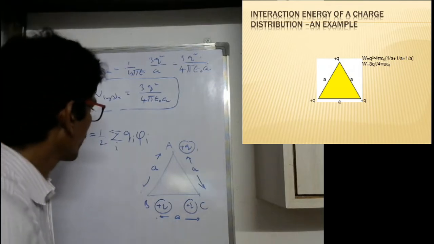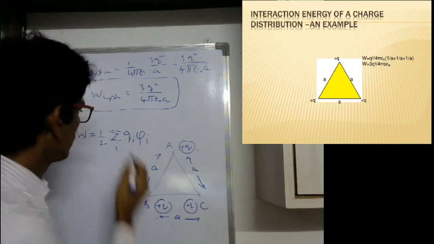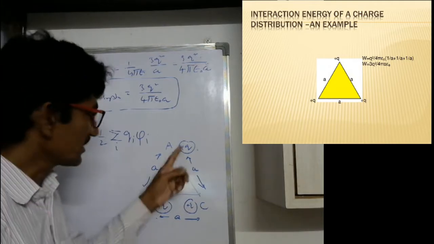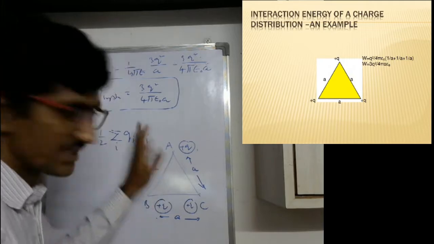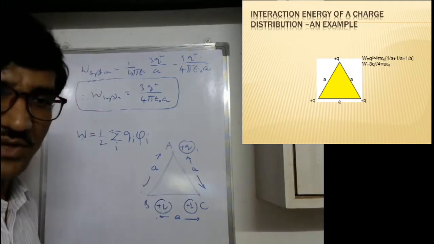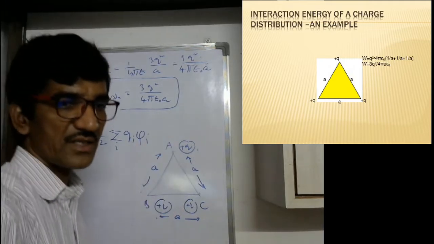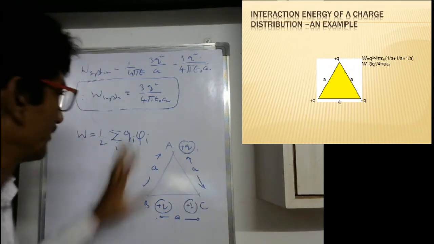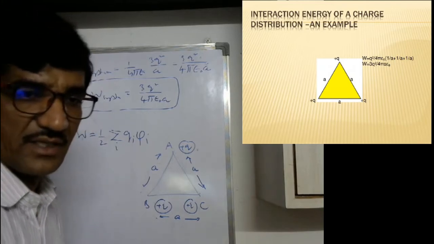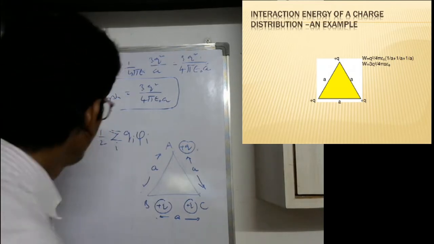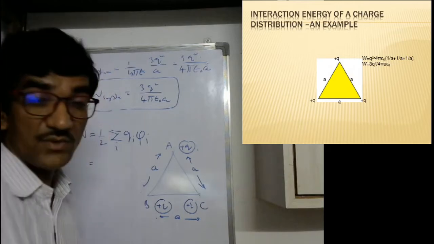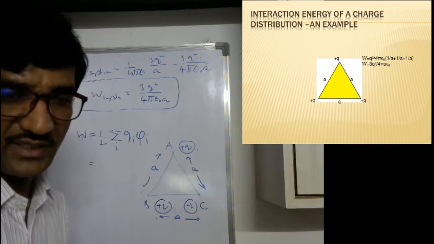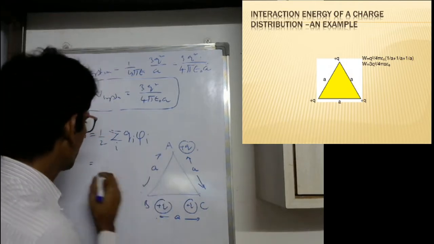Here you have to consider at least one of these charges at first. Then you have to find the potential due to other charges at that point where the first charge is located. That is enough to do this calculation in a simple manner. Rather than going for the interactions between each pair, this will simplify the problem. For any number of charges, here